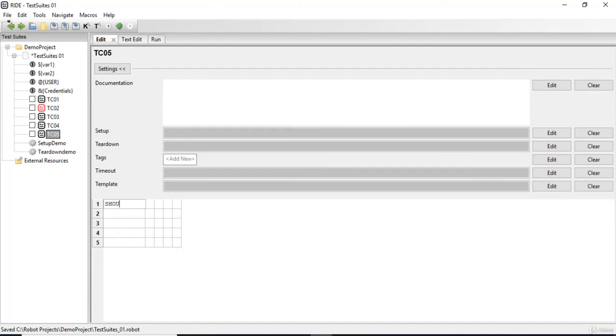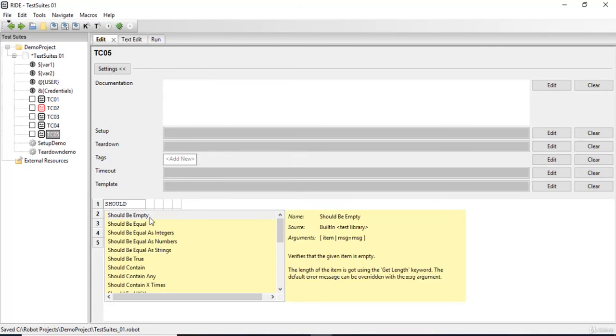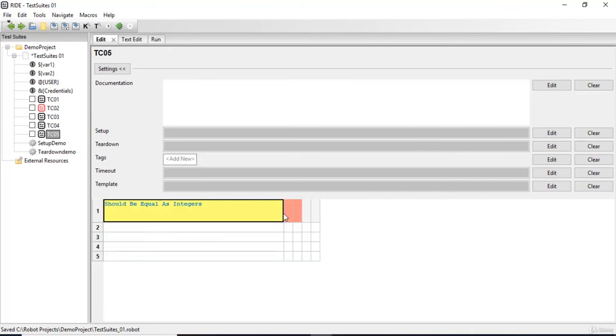So let's say should be equal as integers. Let's take this option. So I'm going to click over here. Here, I'm going to provide two integers. Let's say should be equal, then we can say as 4. Now think of a functionality where we have to equate two variables, let's say 10 times in this test case,